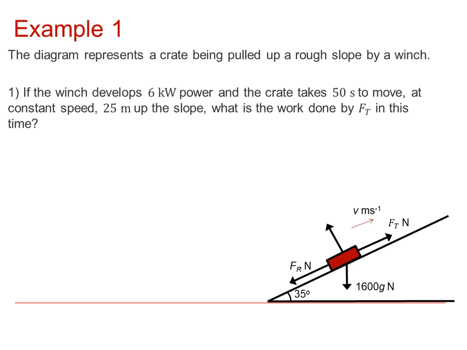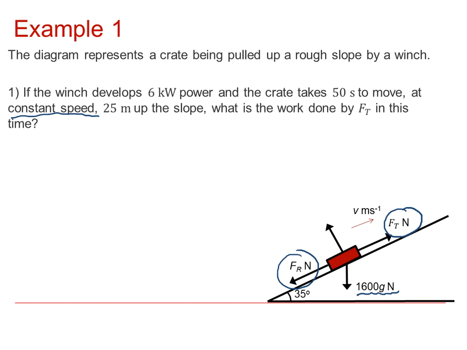So the diagram shows a crate which is being hauled up a slope, which has a frictional force acting on it, by a winch. The winch is producing a traction force up the slope, Ft, and the frictional force acts down the slope against the motion, and obviously we've also got the weight and normal reaction shown on the diagram. The first part of the question says that if the object is moving at a constant speed,